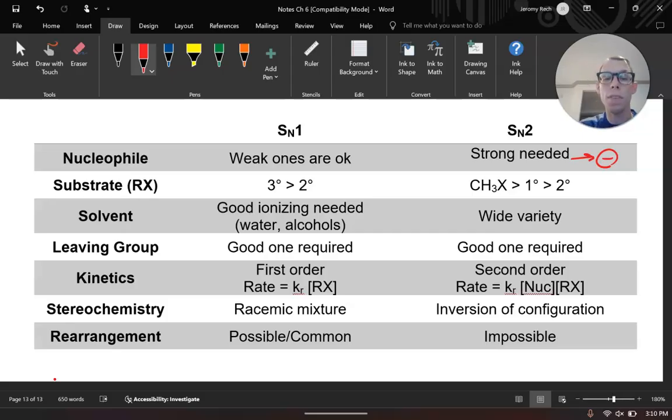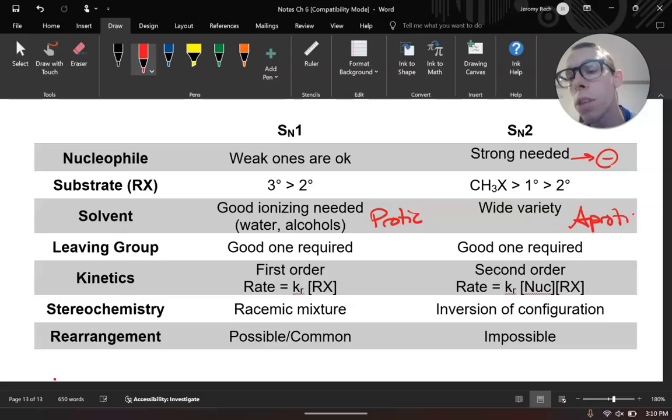When it comes to your solvent, your SN1 really needs a good solvent that can ionize or stabilize your reactive intermediate. These are going to be your protic solvents. Things like your alcohols or your waters, that can hydrogen bond, are very common. SN2, if it is non-charged for your nucleophile, doesn't matter as long as it's polar, it's good. Typically, you'll generally prefer your aprotic solvents because your aprotic solvents are not going to get in the way of your